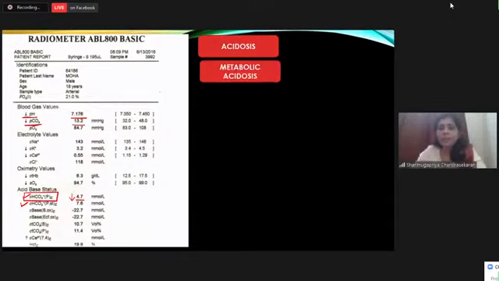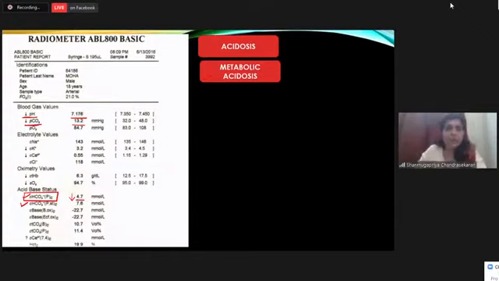So whenever you see metabolic acidosis, what would you do next? You're going to calculate anion gap. Please understand this. Do not calculate anion gap if it's not a case of metabolic acidosis. It carries no meaning. Just because you're given an ABG report and you've always been taught about anion gap in ABG, don't start calculating anion gap. Anion gap carries a value only when it's a case of metabolic acidosis.